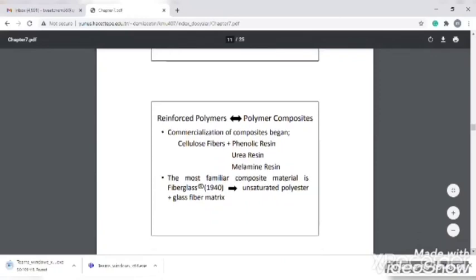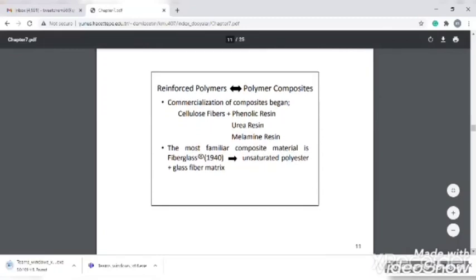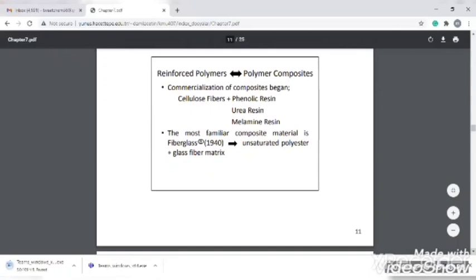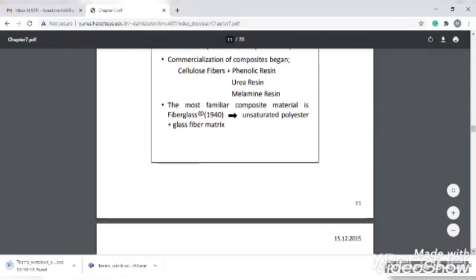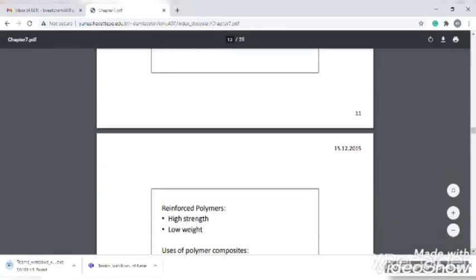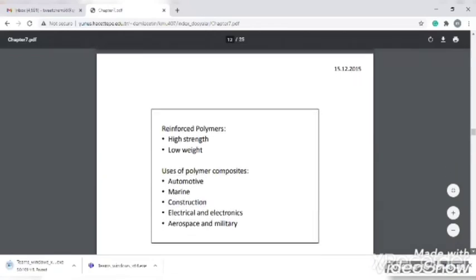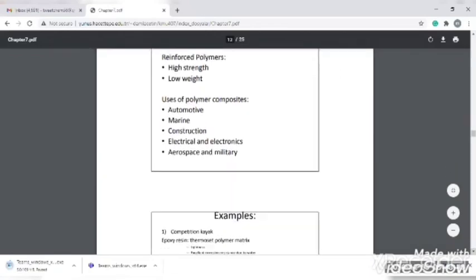What are reinforced polymers? Polymer composites: commercialization of composites began with cellulose fibers plus phenolic resins, urea resins, and melamine resins. The most familiar composite material is fiberglass, that is, polyester plus glass matrix. And what are the uses of reinforced polymers? High strength and low weight. Uses of polymer composites include automotive, marine, construction, electric and electronics, aerospace and